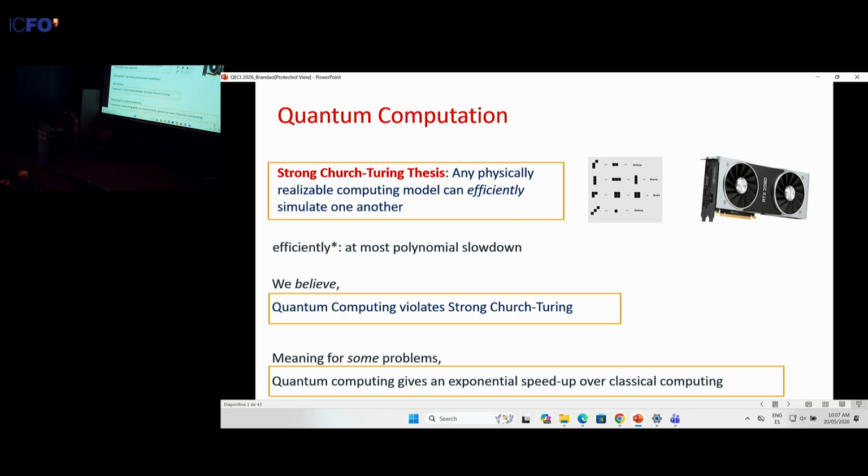We cannot prove it, but we strongly believe that quantum computing violates the strong Church-Turing thesis. And what this means concretely is that for some,